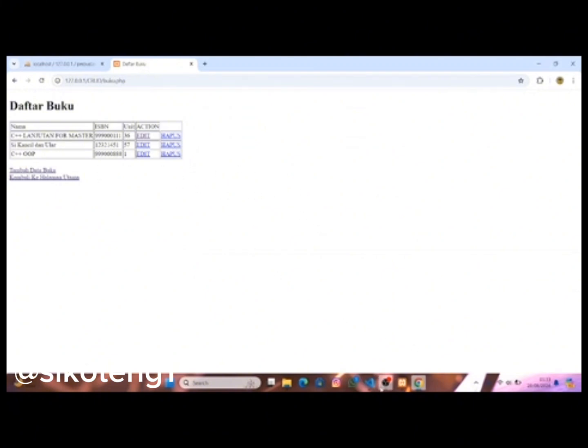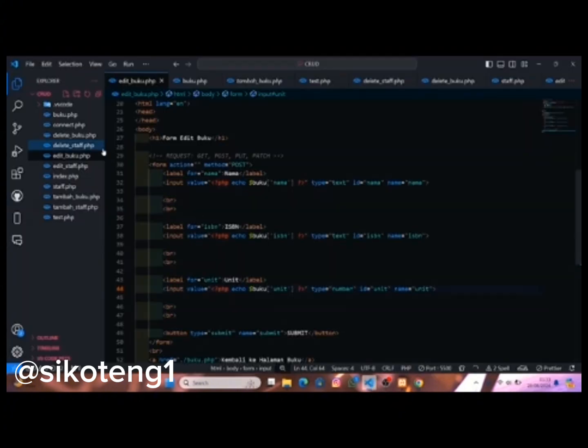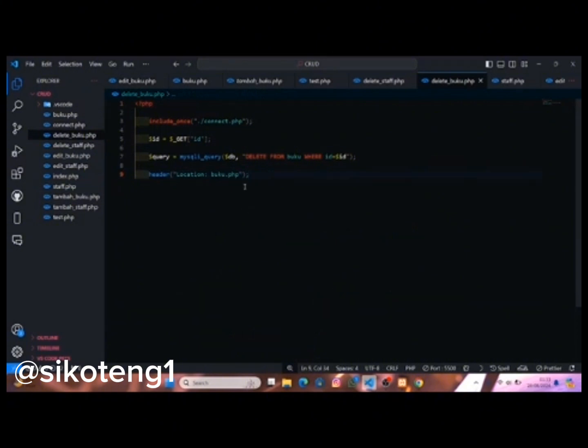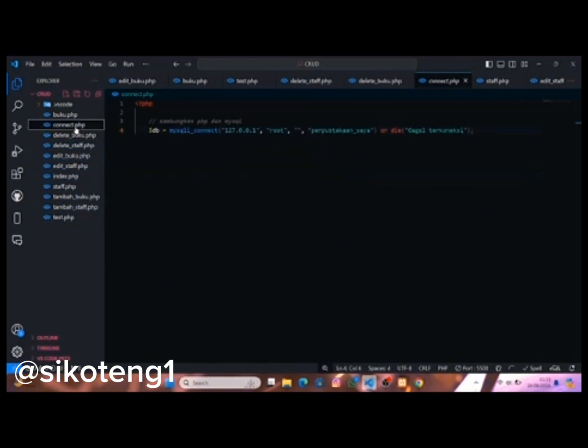Yeah, delete is so simple. If you want to make a delete PHP, it's too simple I think. You only write this code: tag with PHP, include once, connect.php. This is connect.php. Okay, you have to write it first before you do the update and delete.